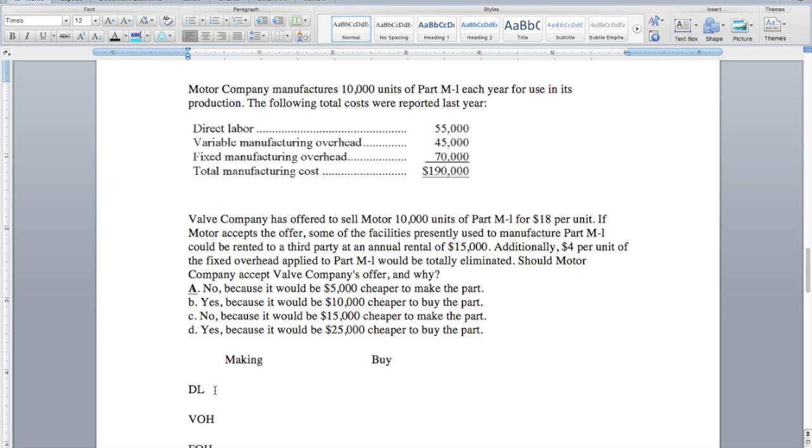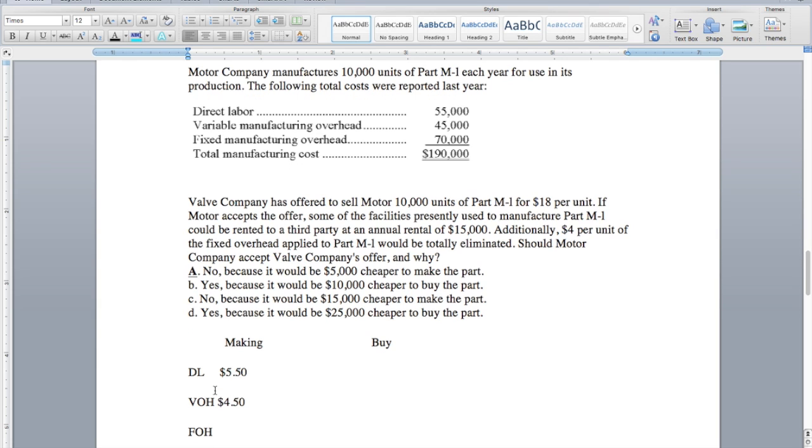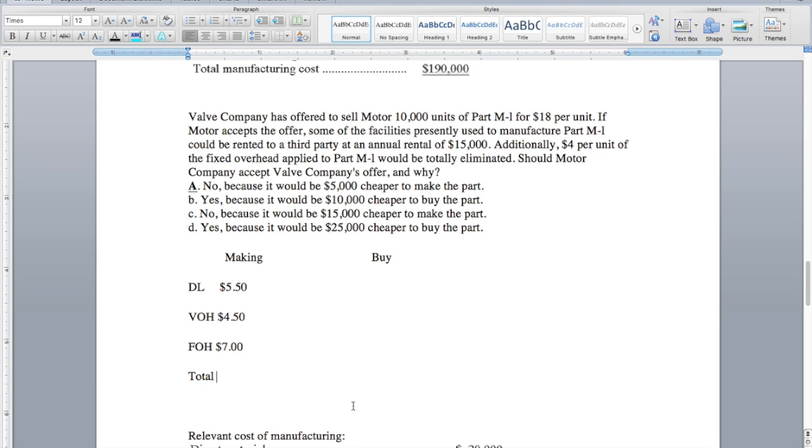On a per unit basis, this would be $5.50, and over here would be $4.50. Fixed overhead is $7, and that would be a total